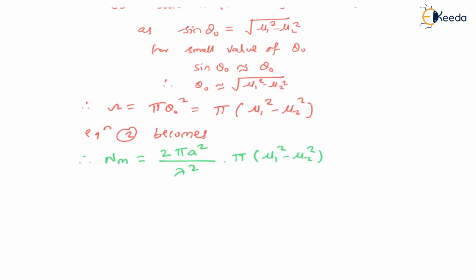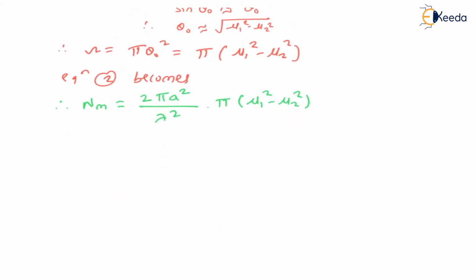Now again we'll just rearrange this particular equation. See here, this pi into pi will be pi square. Then again here I'll arrange this equation as twice pi square into a square divided by lambda square into bracket mu1 square minus mu2 square. Now we'll relate the number of modes and